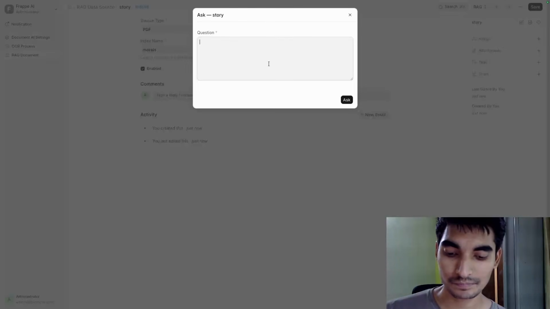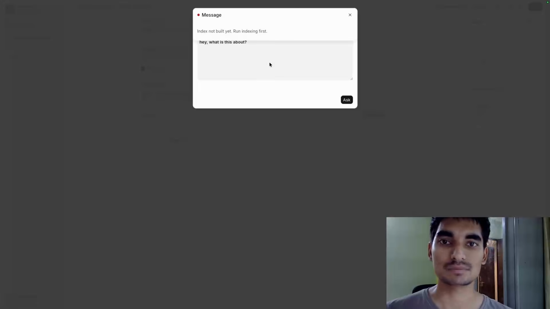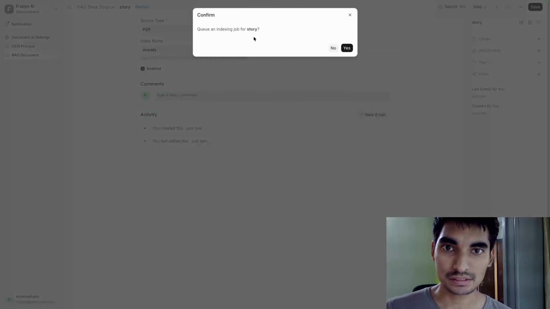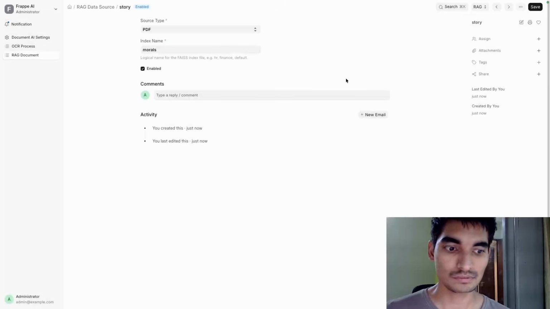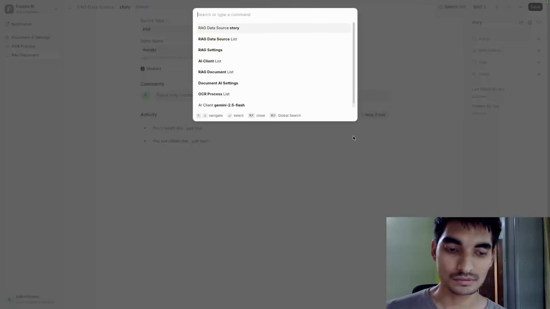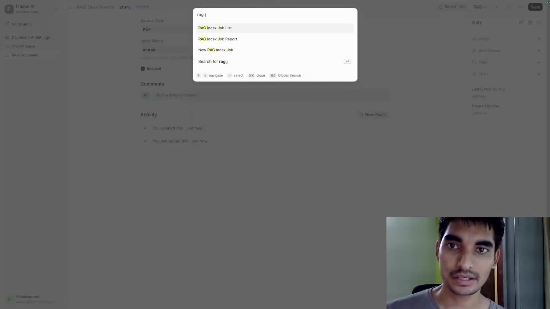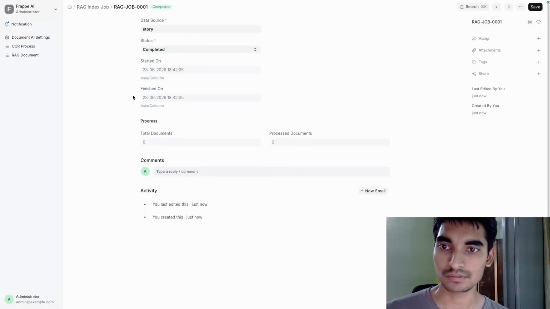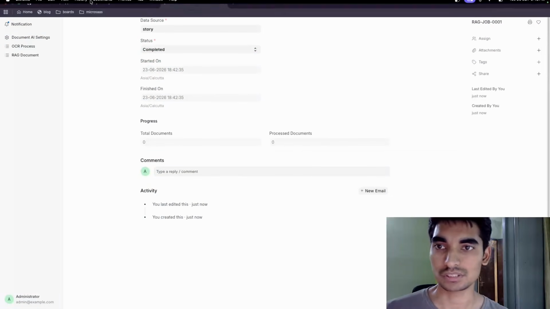I'd like to ask, hey, what is this about? No index built yet, obviously. If you click on index now, there's nothing to index, right? So you'd probably get, oh, the RAG index job is completed, but there are no documents to process, obviously.